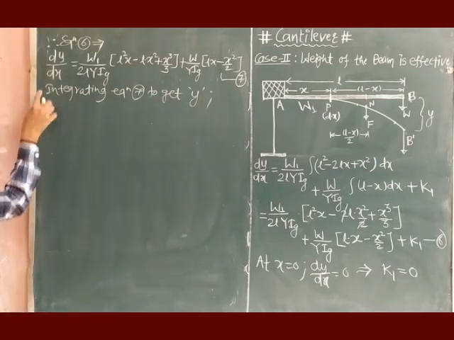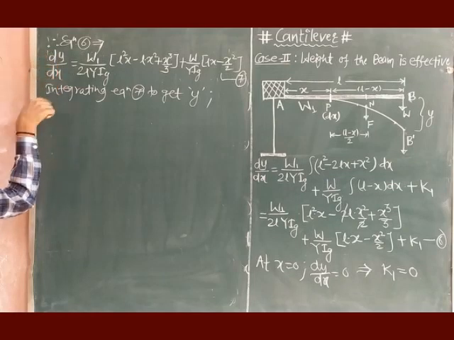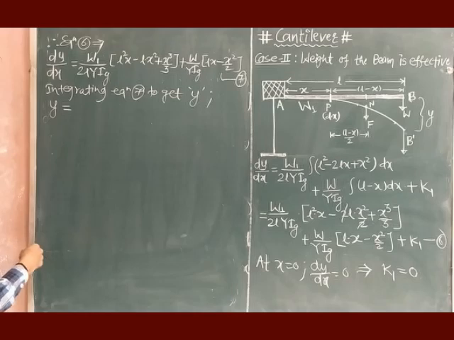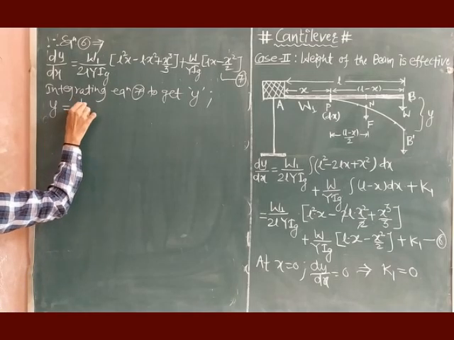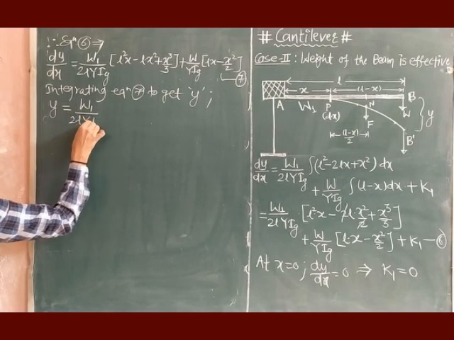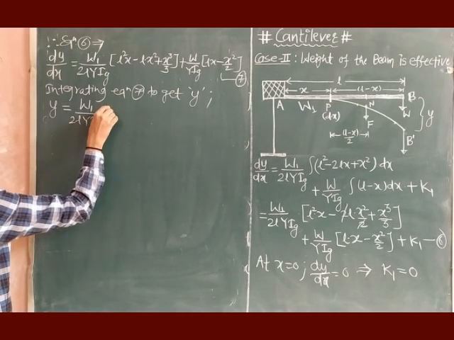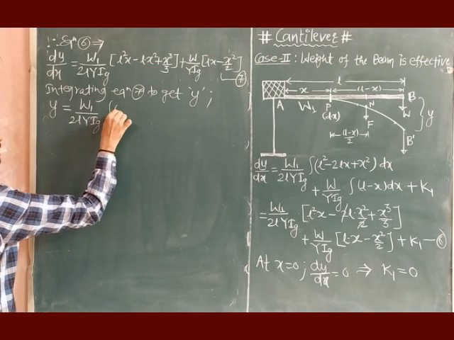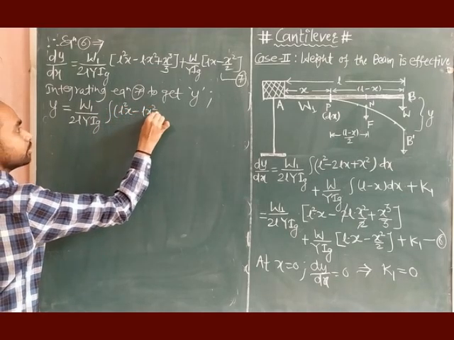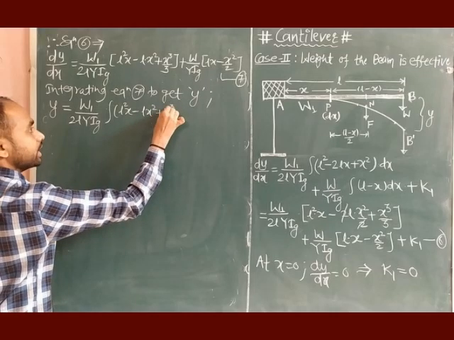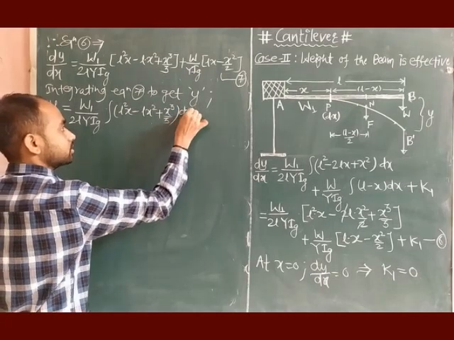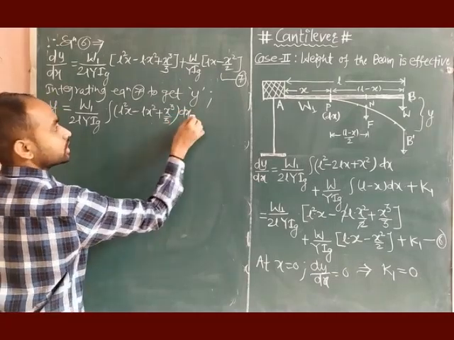Therefore, integration of dy by dx with respect to x is y. Now you can write directly y is equal to, let me write first of all one step, w1 divided by 2lyig, all these are constants outside the integration, and integration of l square x minus x l square plus x cube divided by 3 into dx,